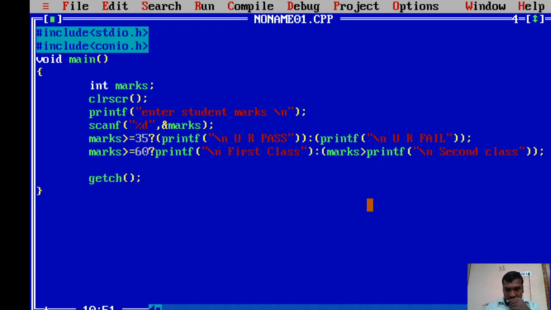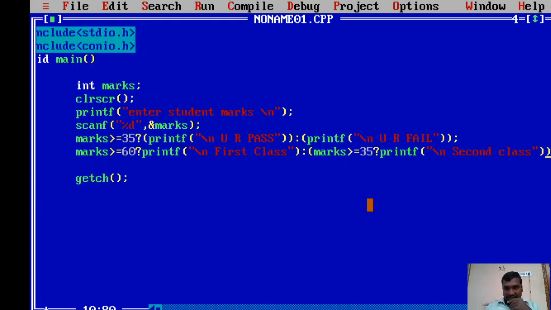Marks greater than or equals to 35. So if marks are greater than or equals to 35, what is happening? Printf second class. So if the marks are not greater than or equals to 35, what is happening?